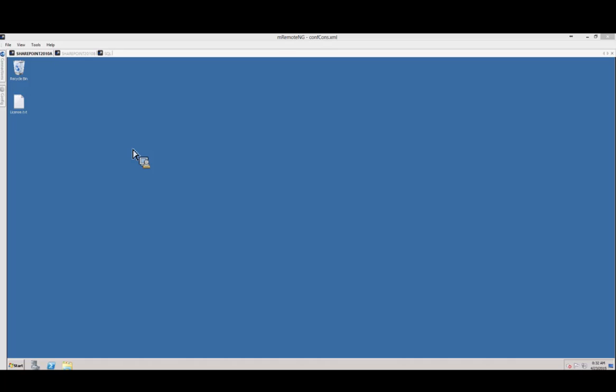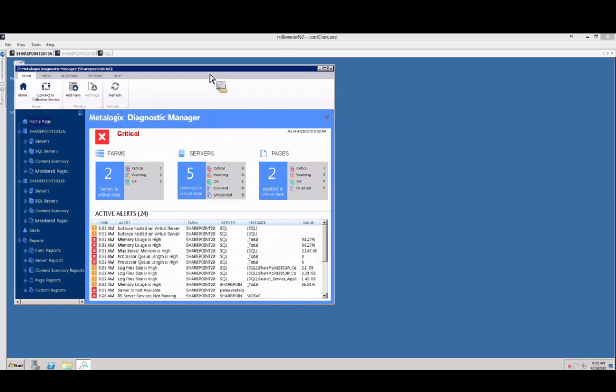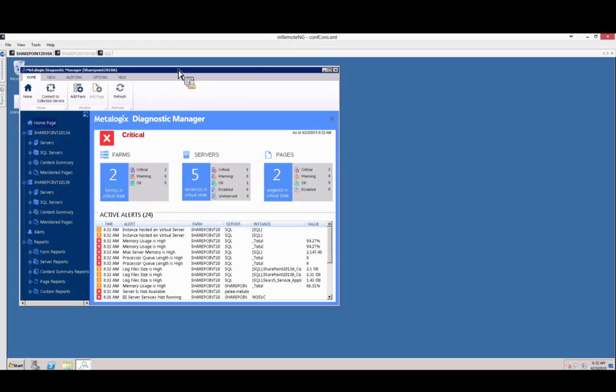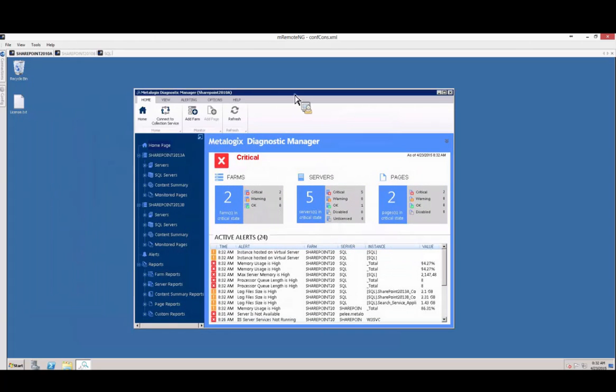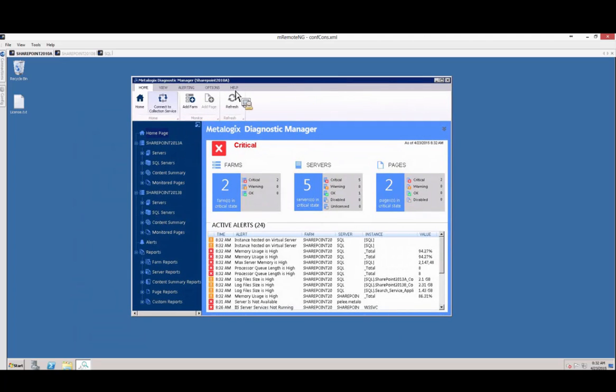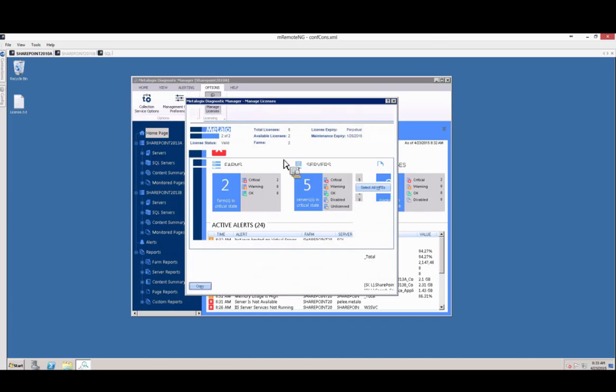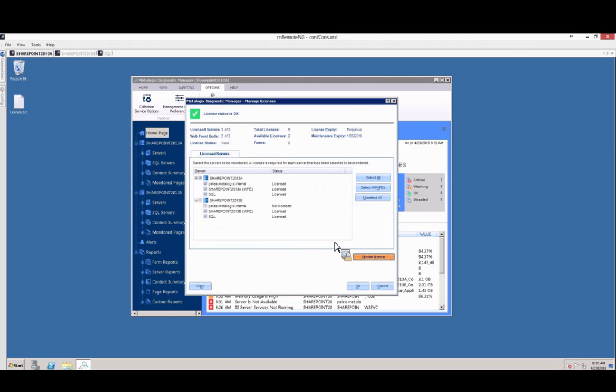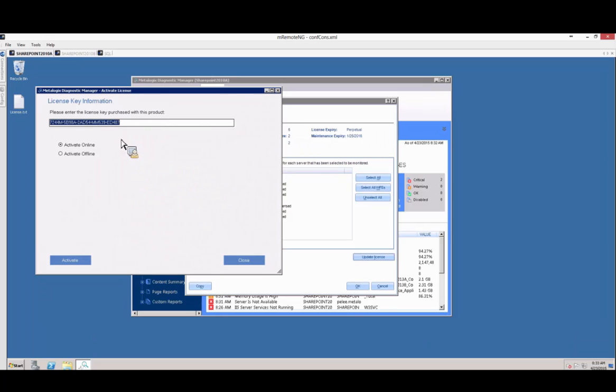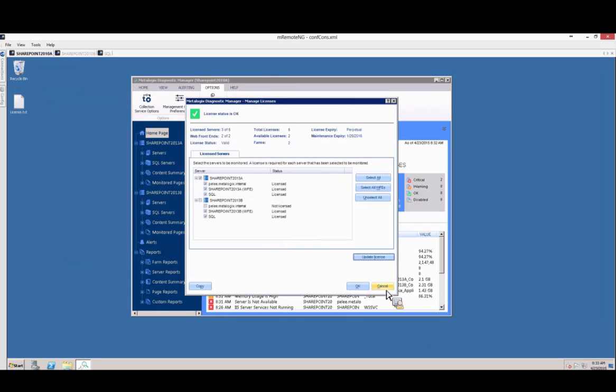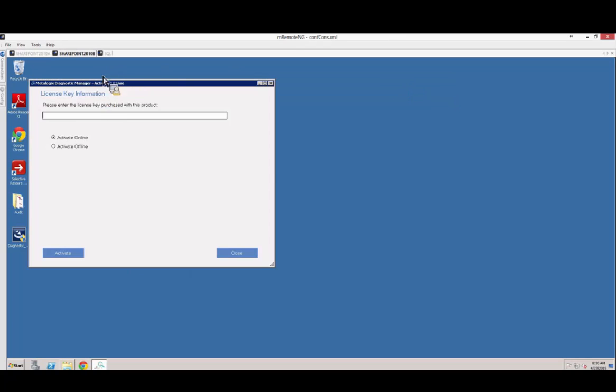While we're waiting to do this, though, on the subject of the upgrade, in general, upgrade should just be a matter of running the installation right on top. The only exception to that rule, and it's not really a huge deal, is that whenever you install this Metalogix version and are upgrading from the old Diagnostic Manager from Idera, I always recommend reinstalling from scratch. So uninstalling that Idera version and reinstalling our Metalogix version from scratch,